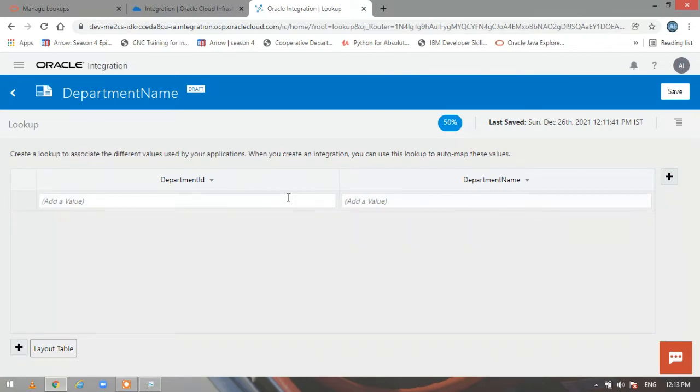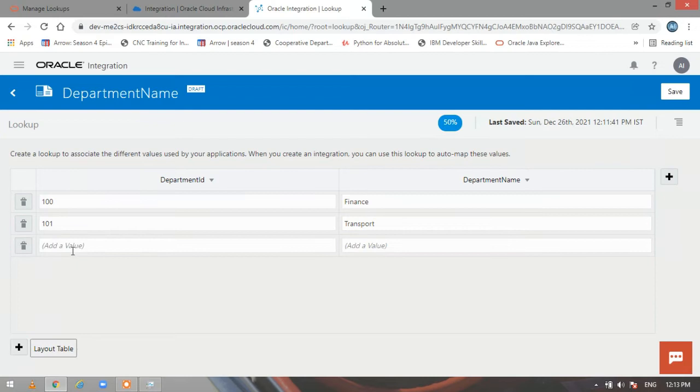I'll show you now. Just take an example. 100 is our finance department. To add more rows, you just need to click on the plus symbol here. 101 is our transport department. 102 is our banking department. 103 is our supply chain department.